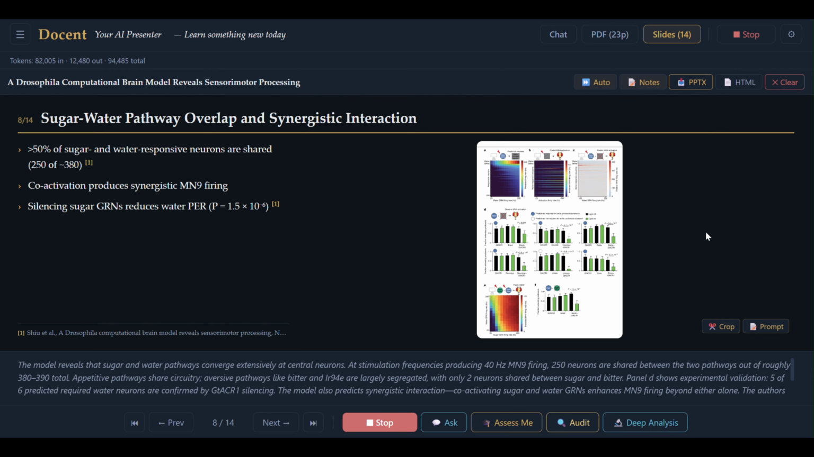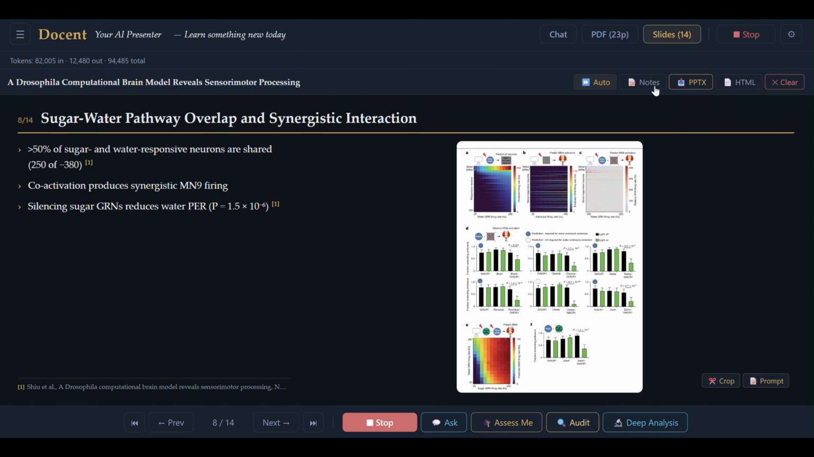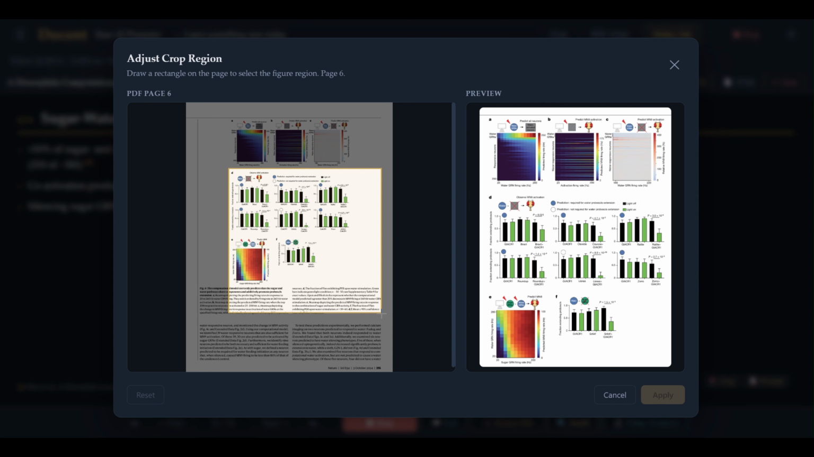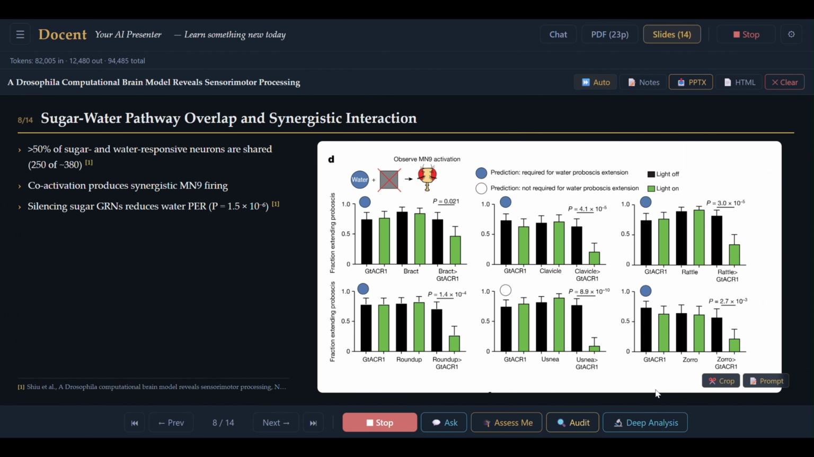The authors then show in panel F that silencing sugar GRNs actually reduces proboscis extension to water, which is a novel cross-modal dependence. However, they note a confound. Water-sensing neurons also respond to 50 millimolar sucrose. A good discussion point: does this extensive overlap suggest a compact appetitive acceptance circuit, or is it an artifact of